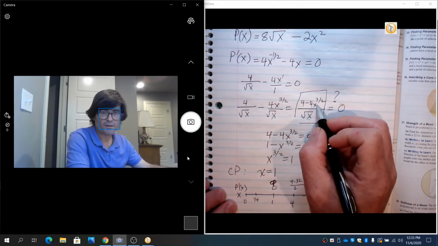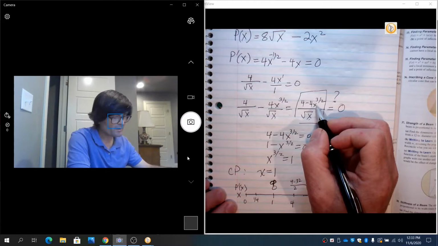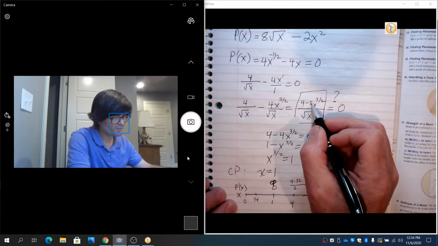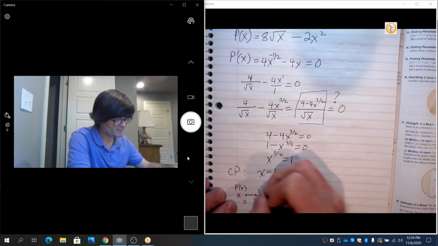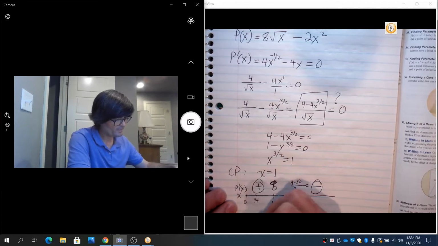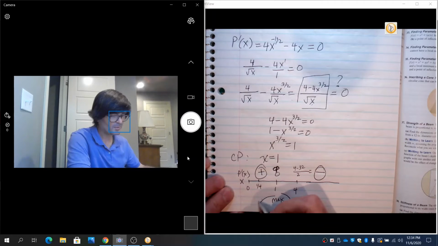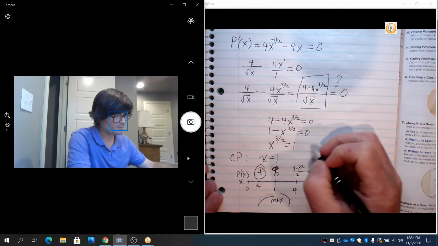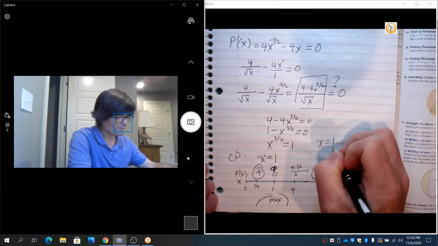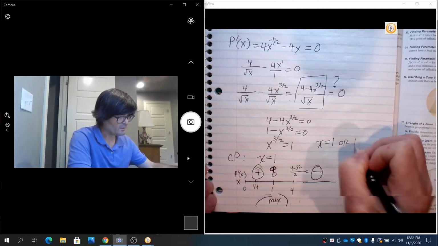A quarter here, if you take the 3 halves power of a quarter, it's an eighth. 4 minus an eighth times 4, that's 4 minus 1 half, it's positive. So here we're going up, then we're going down. That appears to be a max, because we go up with a positive slope and then down with a negative slope. That means that at x equals 1, or 1,000 units,